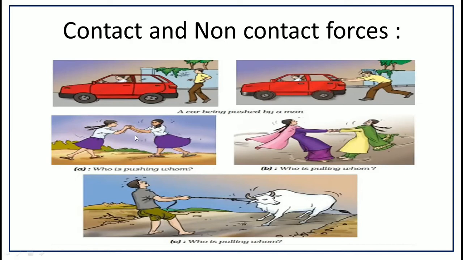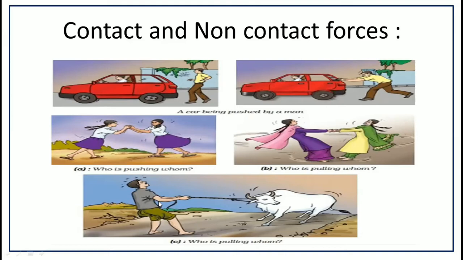Here, two girls are pushing a swing. Here, that is pulling. Who is pulling? Here, the farmer pulls the bullock. Then, in the forward direction, when a man applies force from behind, that is a push. The person pulling is the farmer, and the bullock is being pulled.